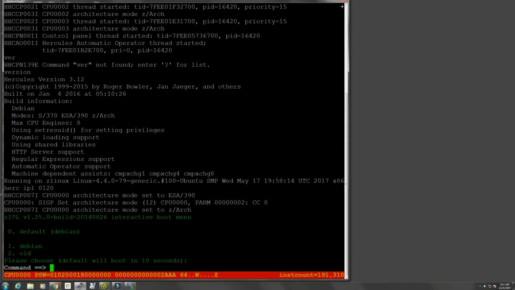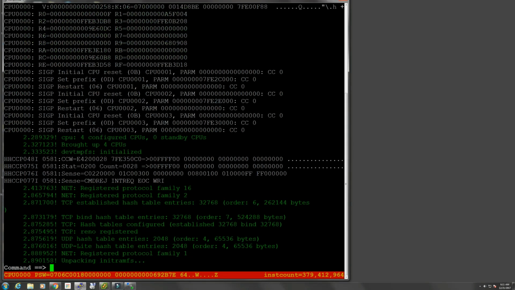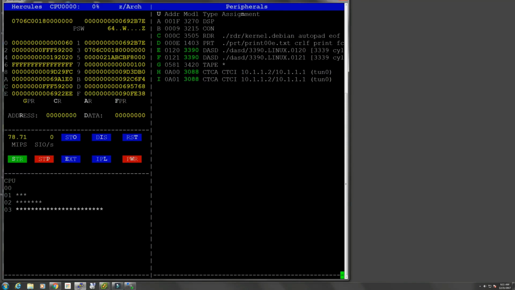ZIPL, you can see that ZIPL is obviously not Linux language, so that's why you can see here that this is on the mainframe, and it's starting to boot. Let's see the speed. I'm getting about 80 MIPS right now, but it should go up to much faster. Yeah, 400 IOs per second, 150 MIPS, 170 MIPS. I've seen this go up, on this machine, to about 370 MIPS, and this is